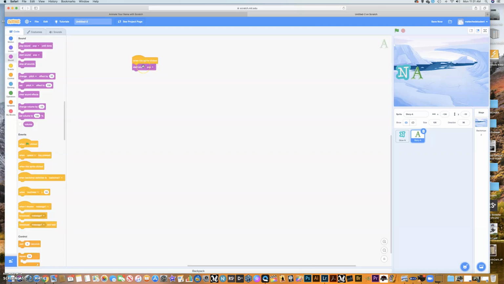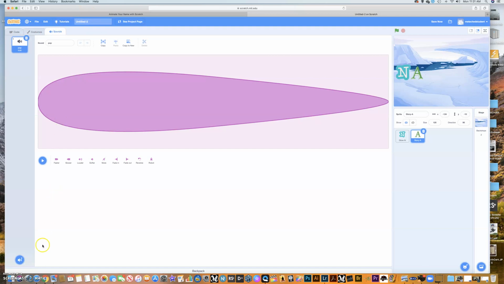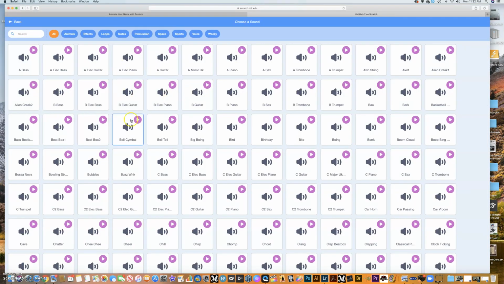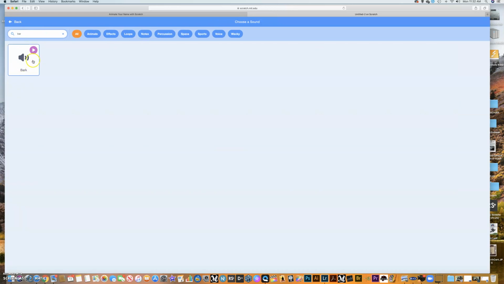So at the top, it's going to say code, costumes, and sounds right over here. And I'm going to click sounds. At the very bottom, there's going to be a volume looking thing, and you're going to click choose a sound. You're going to get a whole lot of sounds. You don't want to go into loops because that's just going to play over and over. So I'm just going to choose, I'm going to type in